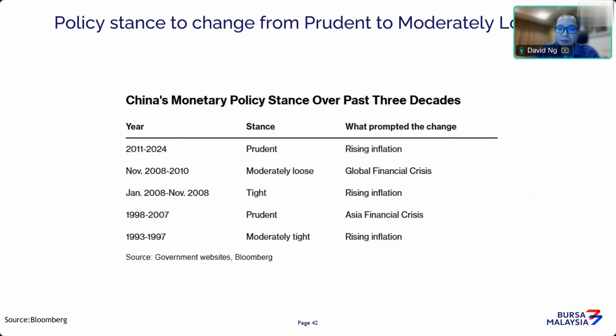Now, these are basically the China policy stand. I'm not going to go too much into it, but basically it tells you that this property crisis is going to stay, and if they don't do something drastic in the next couple of months, that will really be something that's going to weigh down the market. So if you're trading in Chinese currency, you have to watch out. If there's a sudden announcement from the Chinese government to pump the economy, you may start to see a sharp decline in the CNY currency. But up until then, I think the trend for the Chinese currency is still a downtrend, mainly because we don't see signs of strong growth coming from China in a short period of time.